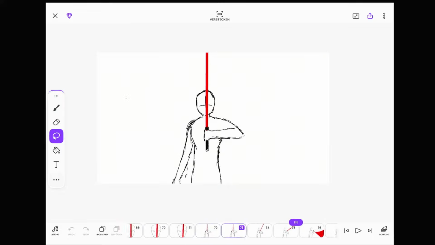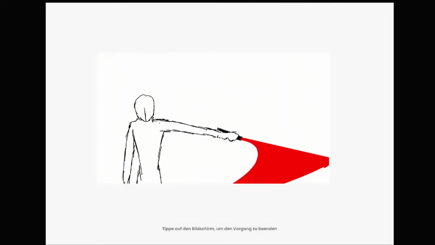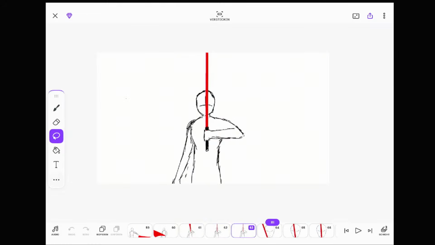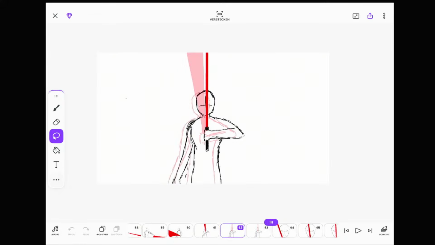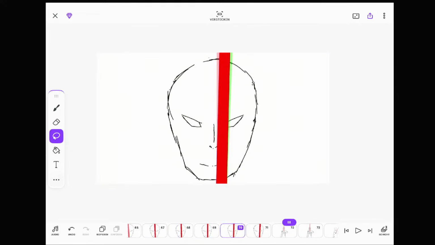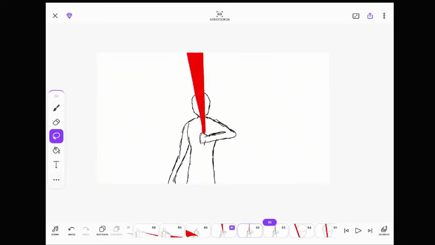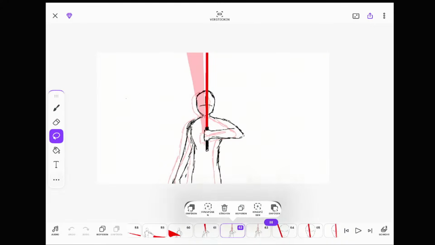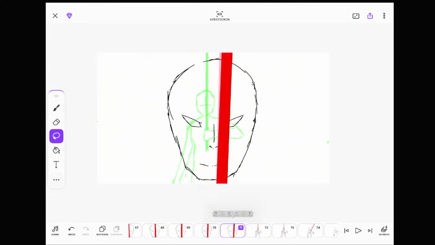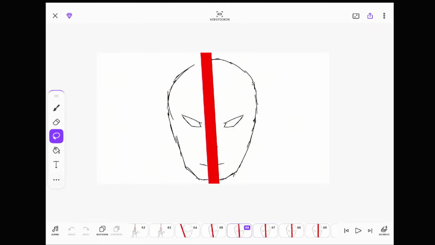It kind of works, but it's not very smooth. It's a little bit smoother, I think. It will be smoother when I think this frame goes up.